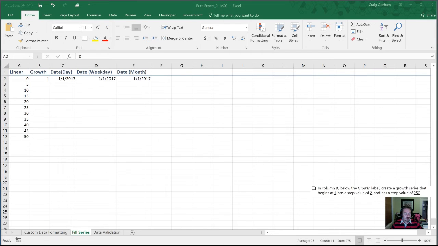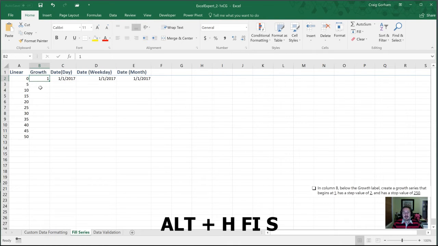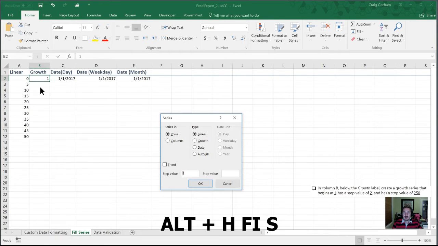Next, we're going to go into column B underneath our growth label, and we're also going to create a growth series now. So this time I'm going to use my keyboard shortcuts, which is the Alt key, H for home, FI for fill, S for series. So now we don't want it in rows, we want it in columns again. So I can go Alt C to move that toggle to columns. For the type, instead of linear, we're going to hit Alt G for growth. And when I tab to the step value, we're going to go a step value of 2 and a stop